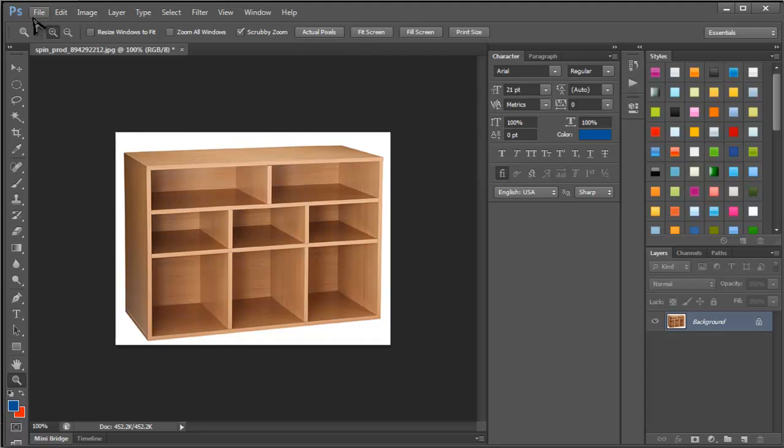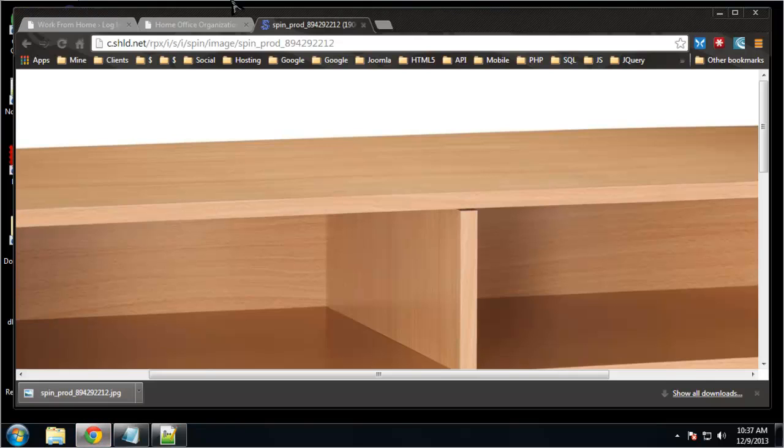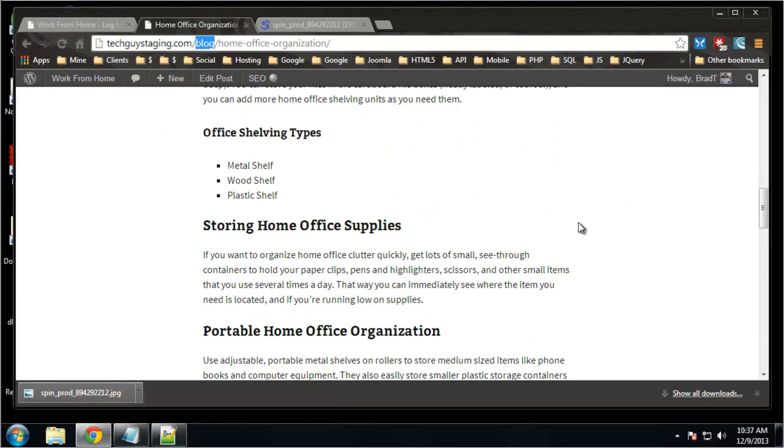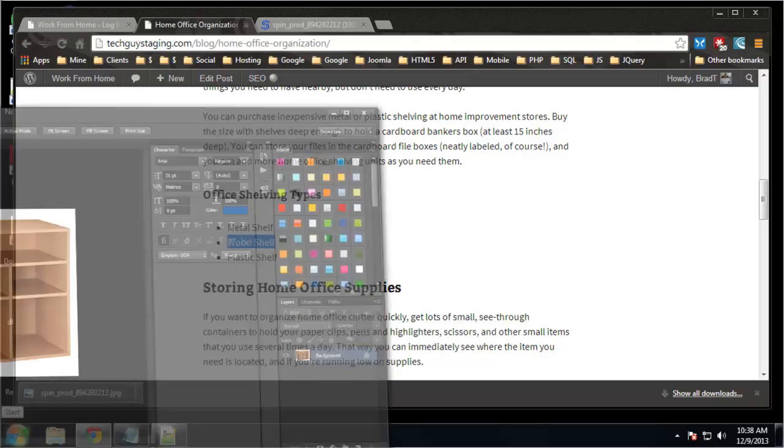Now what we want to do is save this image. Well, first let's take a look at the file name. You can see that the file name is not optimized at all. We have spin, prod, and then a bunch of numbers. So we want to optimize this title. And if we look at the post that we're going to put this in, we're going to put it under this office shelving types, and we have wood shelf. So I think a good name for this image would be home office wood shelf. Okay, so I'm going to go back to Photoshop,